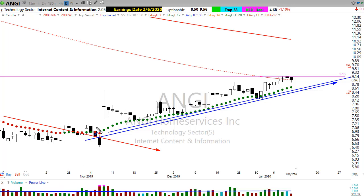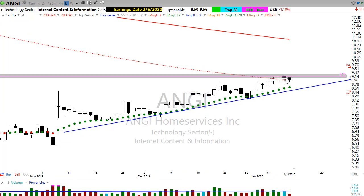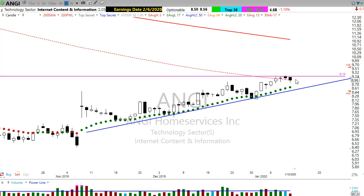But as I look at Angie here, I see that it has done just what a stock is supposed to do. Higher lows, higher highs. It's working itself up. It's come right up to a moving average that we use. We call the dotted deuce here. It's come right up to that area. It's consolidated a little bit, and we still may see a little bit of consolidation that falls down into this trend line. Again, what we'll do is wait for that buying signal, buyers to step in,